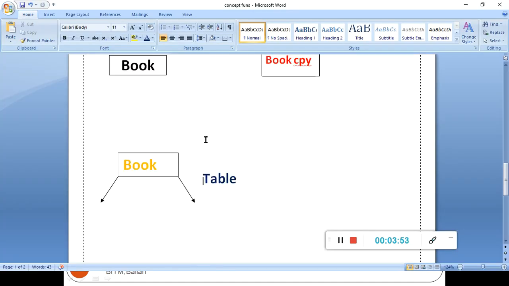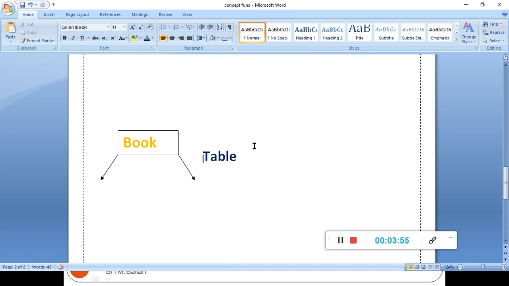Now let us take an example of call by reference. A student approaches me for the same notes. Assume this is my table, and I have kept the book on my table. Now the student approaches me for the notes, and I just say that the book is on my table, you can take it. I give him the address. Am I not giving him the actual address of the book? So now if he tries to change this, is it not a change in the actual? Exactly, because I have given him the reference of the address.